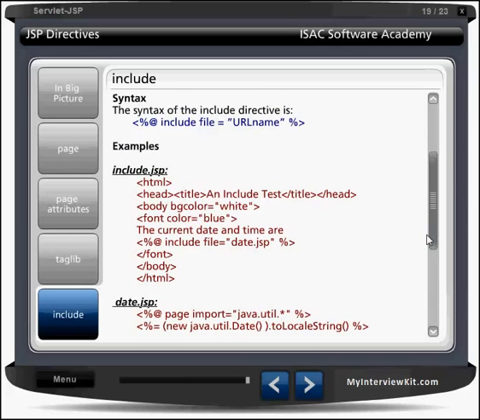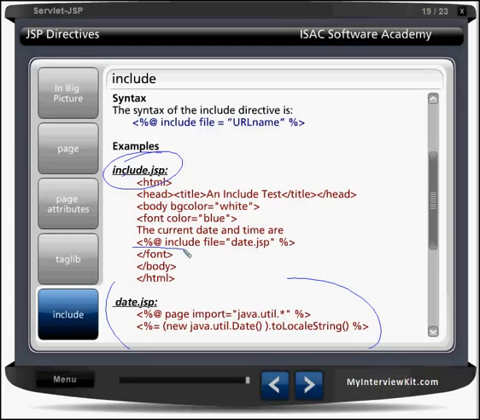So let us say include.jsp. I have one page, date.jsp, and the code is here. You can see this here. This is my date.jsp, suppose. I want to include this page somewhere. Now I have another page, include.jsp. You can give any name here, it doesn't matter.